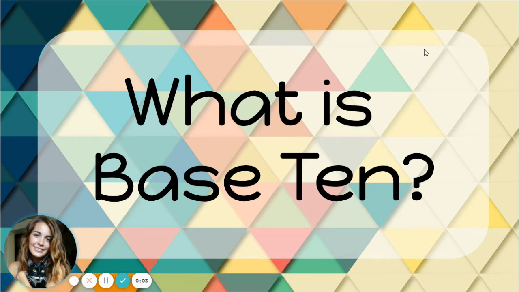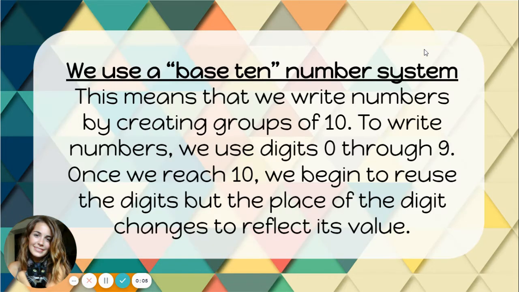What is base 10? We use a base 10 number system. This means that we write numbers by creating groups of 10. To write numbers, we use digits 0 through 9. Once we reach 10, we begin to reuse the digits, but the place of the digit changes to reflect its